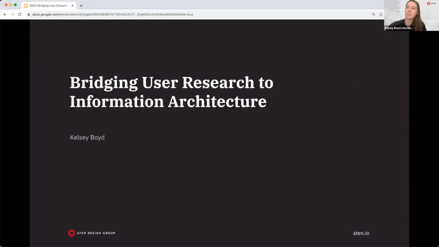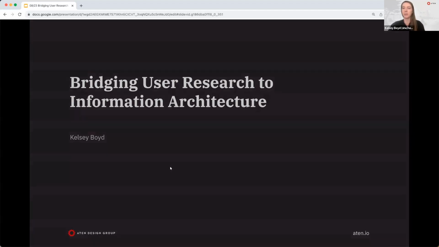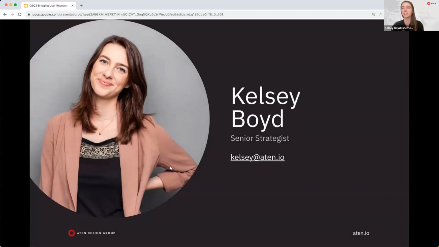So today we're going to be talking about bridging user research to information architecture. We are going to talk about it from how we see strategy. My role at Atten is I'm a senior digital strategist. So you'll get a pretty good sense today of what that means and how we define and